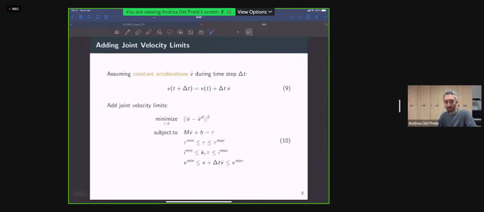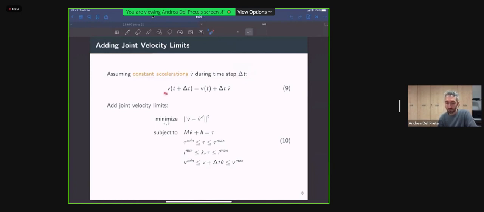With a tiny effort, we can also introduce bounds on the joint velocities. We just need to assume that the acceleration is going to remain constant during the time step, which is a very reasonable assumption because the time step is so small that typically accelerations are indeed constant.